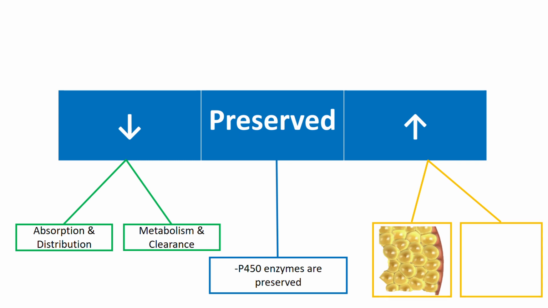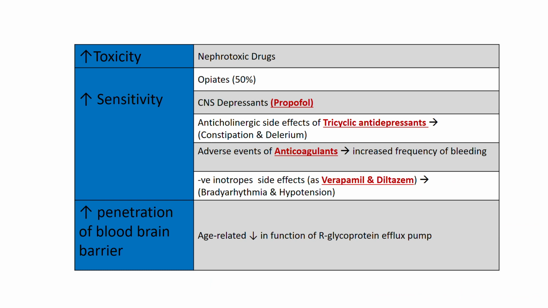Now, we only have the last yellow box to finish our lecture. So what increases is mainly related to some drugs. So the toxicity of some drugs increases, which is mainly nephrotoxic drugs. Nephrotoxic drugs in the elderly are at more risk of causing toxicity than other drugs. Increased sensitivity to opiates by 50%, and increased sensitivity to CNS depressants such as